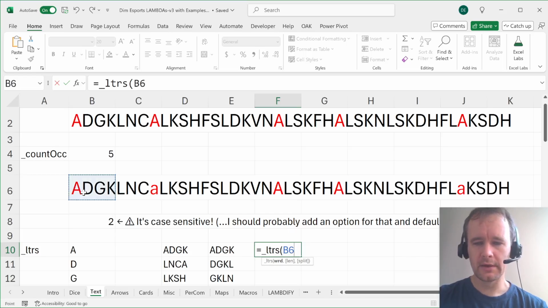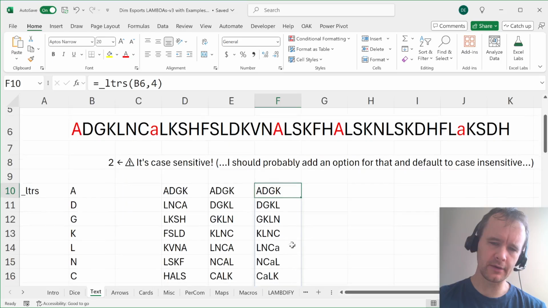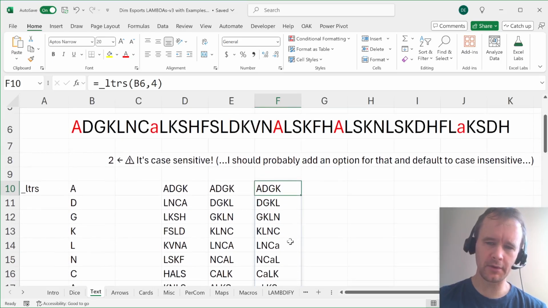you can take the word a certain number of characters at a time, and I don't know why I call this split, because I can't really interpret that. I know what it's meant to mean, but I don't know which way around it is. But so, for example, if I take this in 4s, then you get, interesting, that's not the way around that I would like to have the default. I'm not sure why I wrote it that way. But anyway, it gives you